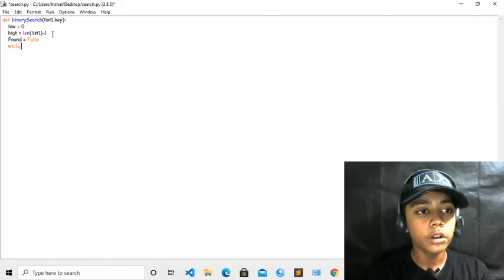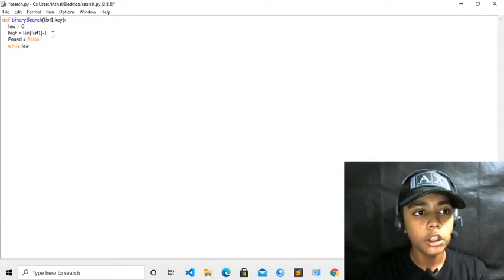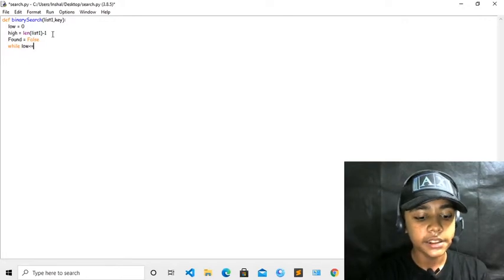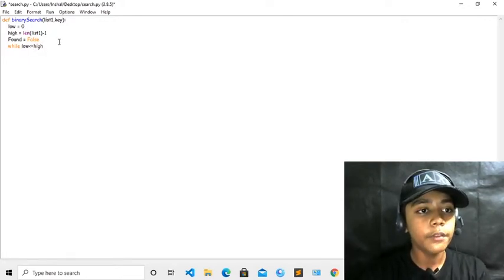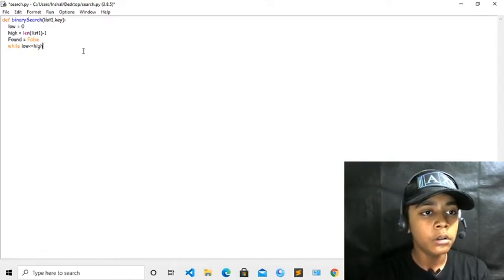Okay, because we are defining our work with while, we have to define while over here, low over here, and now here you have to define this sign and this sign, and high over here. With low we are defining high also, so we will define while low, then this sign over here, and equals to high over here.